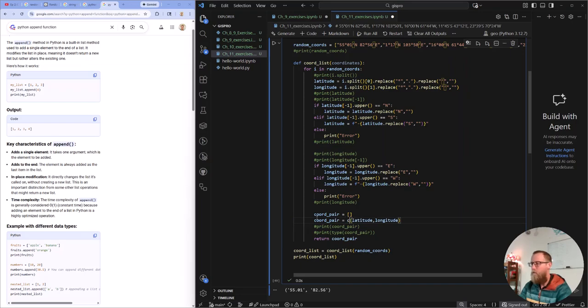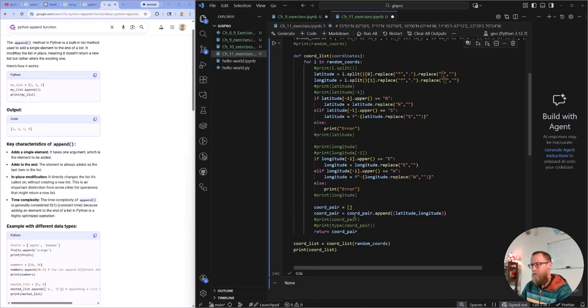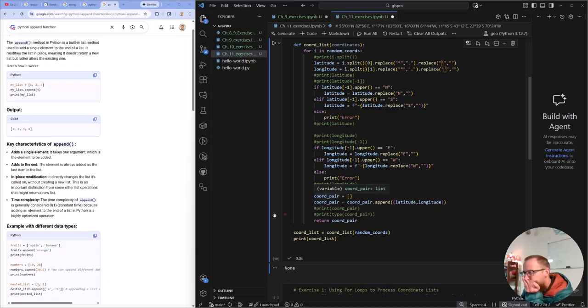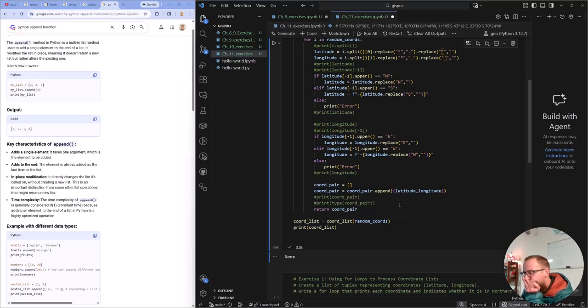Chord pair is going to equal chord pair dot append. We're close. We're close, but